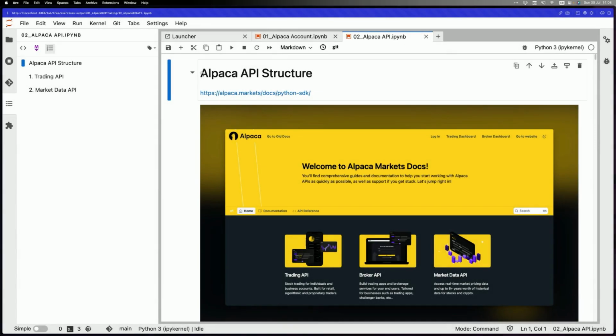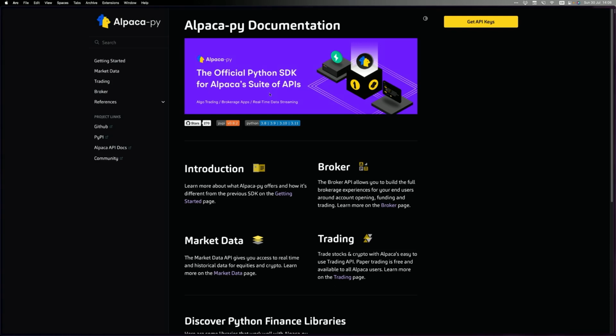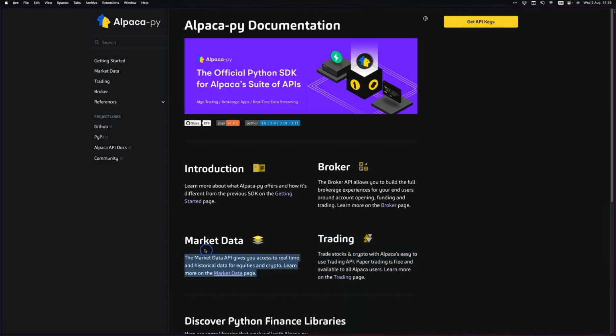As we saw in the previous tutorial, the Alpaca API structure contains three APIs: the broker, market data, and trading. In the previous tutorial, we used the trading API to submit orders with our trading account. Before moving on to the market data API, I want to show you a common mistake that we commit on